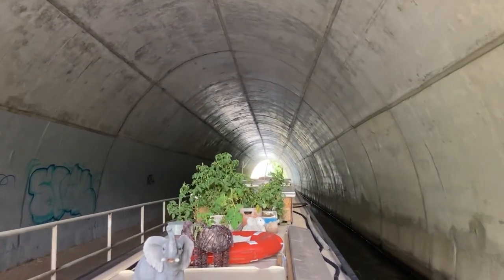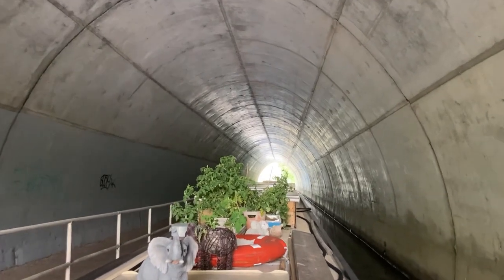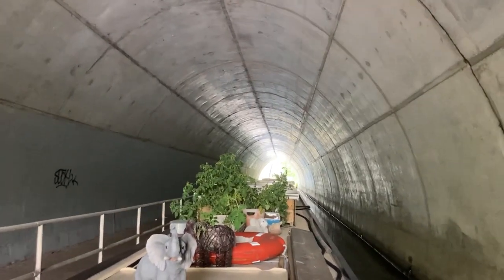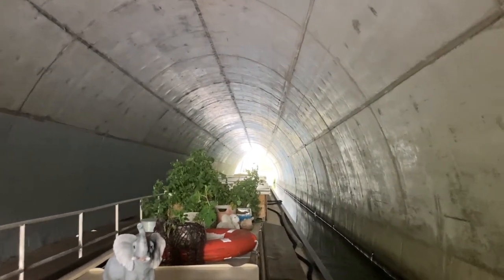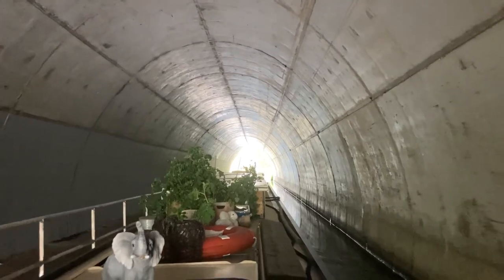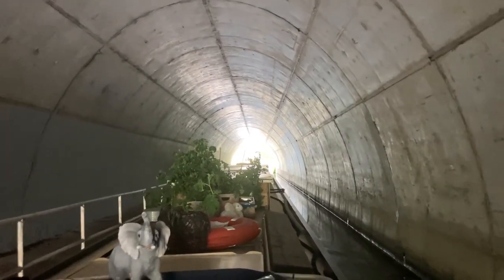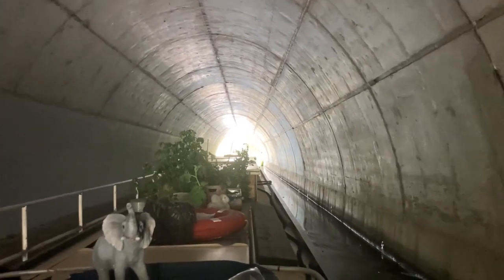Looks like we won't get wet on this one either. This is quite a modern tunnel with a concrete sleeve. A lot of the tunnels are older tunnels built with brick, and you get the water ingress through the bricks. I think the wettest one would be Cosley, isn't it? You're quite wet in the Cosley tunnel. I think the only downside